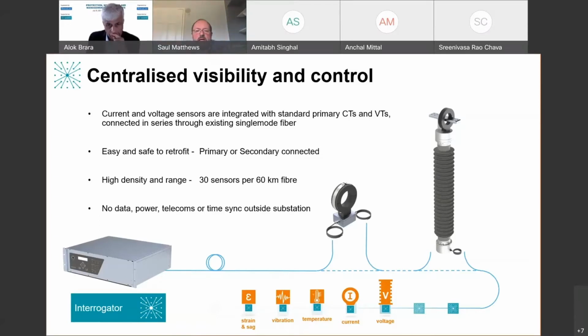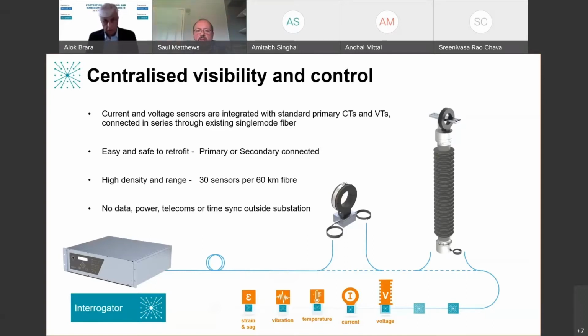And by networking them all together through that fiber, you've got a very efficient system for bringing lots of information centrally to one place to correlate it, timestamp it, and publish it onto your process bus, station bus, or into your digital twin or your SCADA system. But the idea here is that we use industry standard CTs and VTs, any current, any voltage. They look like the ones you already see and use today in your networks, but we've made them passive.